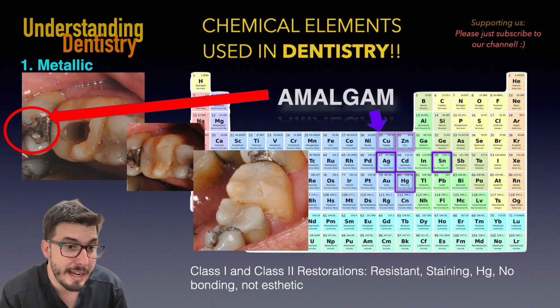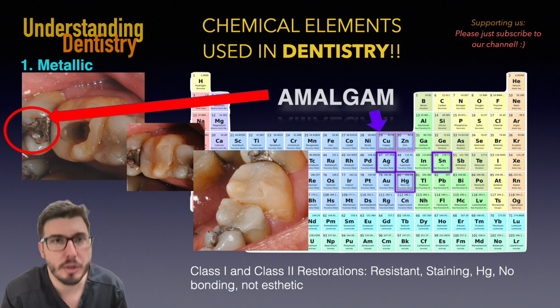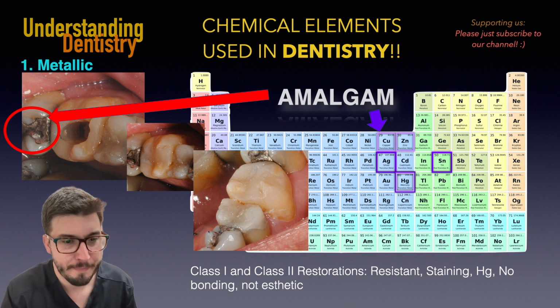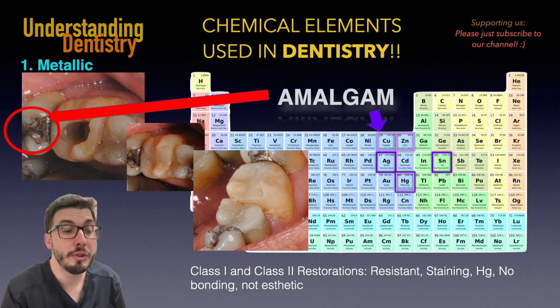So now you are seeing another class 2 restoration of the first premolar of this patient, and again you would check the adaptation of this restoration, and of course of this old resin restoration of the second premolar, on the bite wings as well.